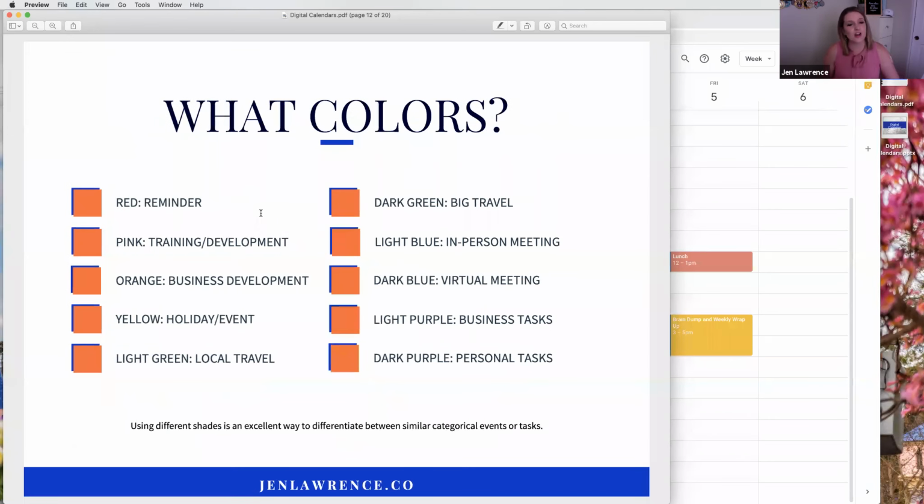So what colors? Oh, I thought I had color coded this. Apparently I didn't take it to the next level, but as you can see, this is how I color code. So red is a reminder. Pink is for training and development, orange for business development. So any time you're working on your business, whether it's your work in your role or if you actually own a business, rather than in the business. So this is stuff that isn't actually tasks. It's like, hey, we're doing a new strategy plan for our department. That's what business